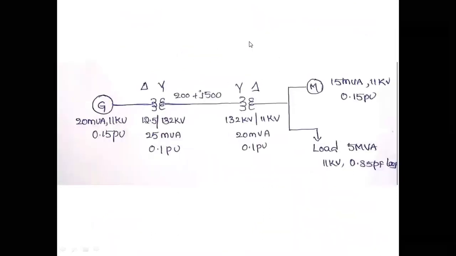Right now, please note this one. In this case also, you will have one generator, transformer 1, transformer 2, motor section, and the load section. In this particular case, you will have a transmission line whose original actual value is expressed as a complex parameter, 200 plus J 500. This is somewhat different from the previous problems we have solved. Right now, please make a note here.